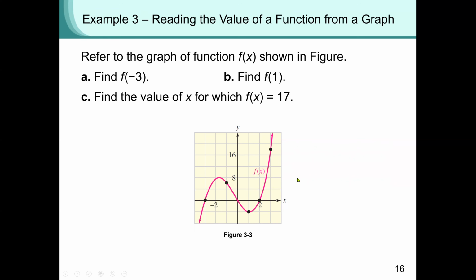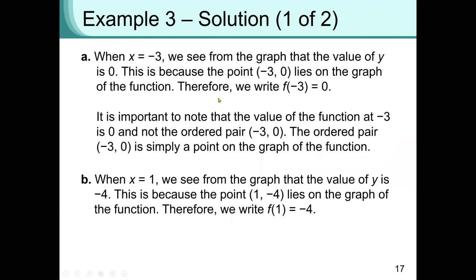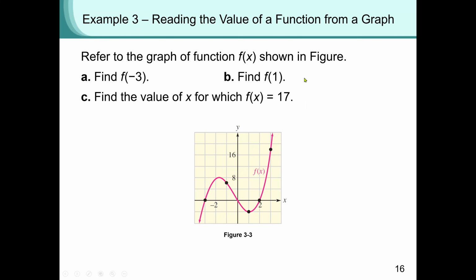So again, let's go through the first. We said that when x is -3, the point is on the x-axis, so y is 0. So f at -3 is 0. Now, the second one, when x is 1, y will be -4. And that's b. Let's go to b. Find f at 1. So at 1,